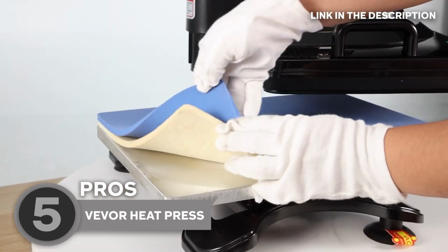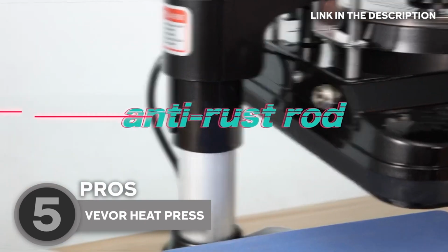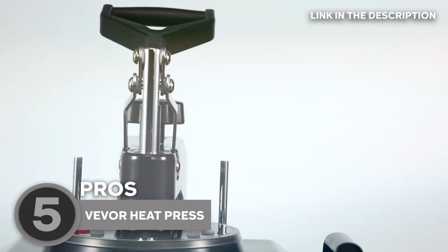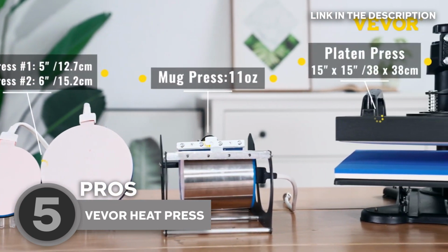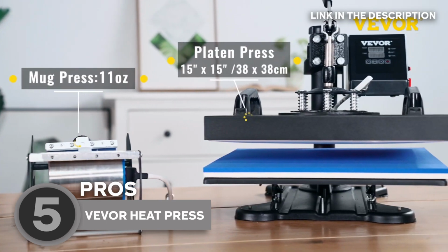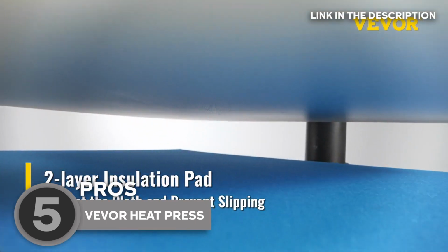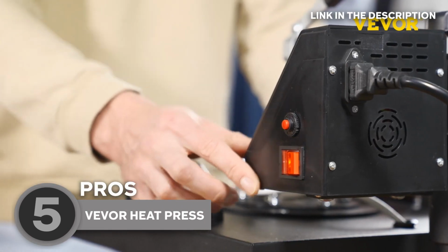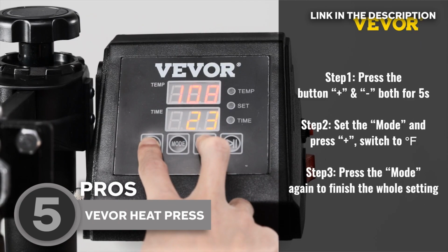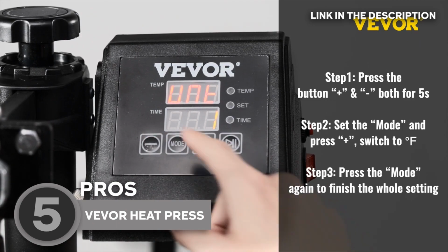The machine is meticulously crafted to withstand high temperatures and deliver consistent heat distribution, guaranteeing optimal results with each heat transfer. One of its standout features is its precise temperature and time control. Users have the flexibility to adjust and set the desired parameters, catering to the specific requirements of different heat transfer projects. The digital display and user-friendly controls also make it remarkably convenient to monitor and fine-tune settings with accuracy and